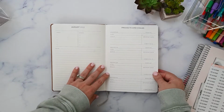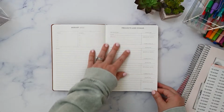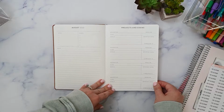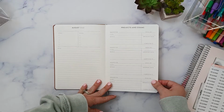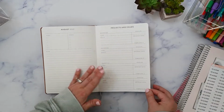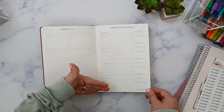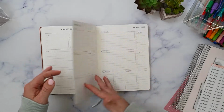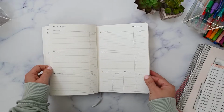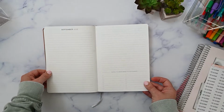So this is interesting because there are only 4, but he's going to have 8 classes. So I don't know. We're going to have to see what his coursework is like to see what is probably the most important thing he needs to list there, but that'll just take some trial and error. And there's also,